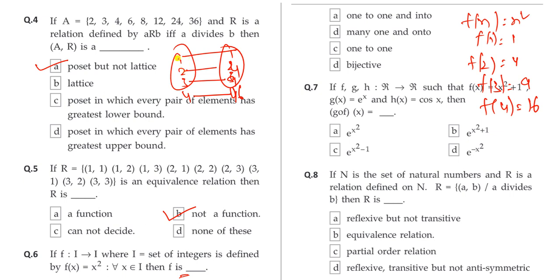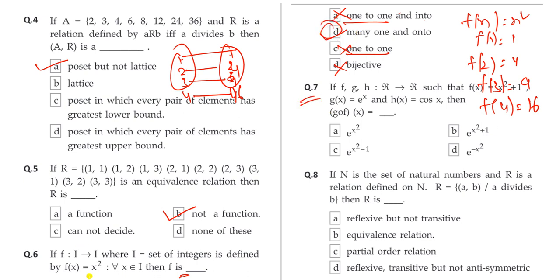Okay, so here, is it one to one? It is not one to one, so you can eliminate this answer. Okay, many one and onto? Yes, this is the correct answer. Is it one to one? You can eliminate this one. If it is one to one and onto, it is a bijective, so you can cancel this one, because it is not one to one and onto. See, in functions one to one, into, onto, these are very important. You have to practice it more. Clear? So answer is B here.